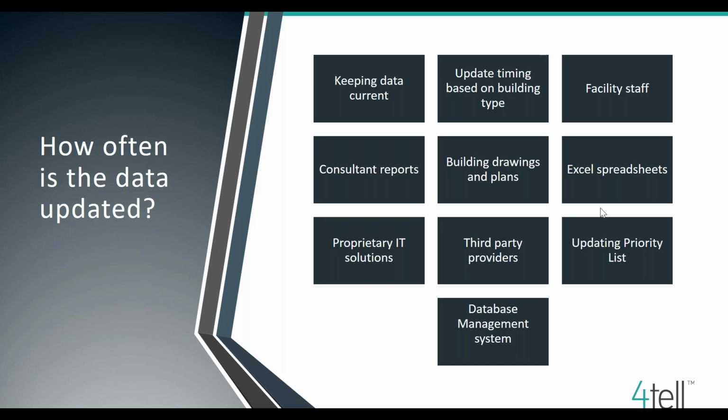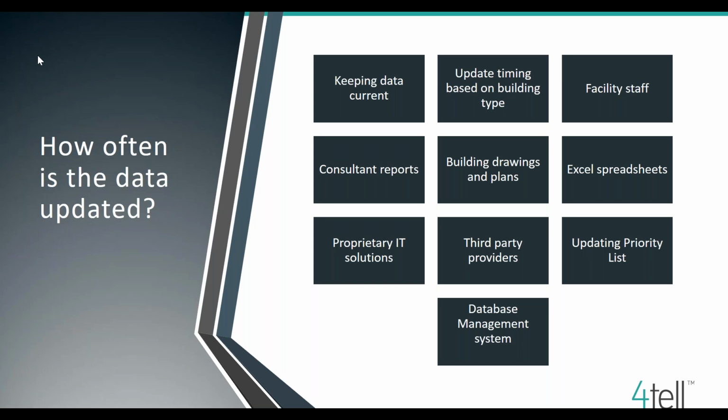The other item is how often do you do a full building assessment? There are so many different types of buildings on a university campus, whether it's a parking deck, recreation center, classroom building, dining facility, or housing. All of those have different potential life cycles based on how they're used. Some are more of a 24/7 operation. Some are used sporadically throughout the day. And you don't necessarily need to update those in a very detailed way at the same regular intervals. So you need to think through what's the appropriate time for a parking deck versus a rec center, et cetera.